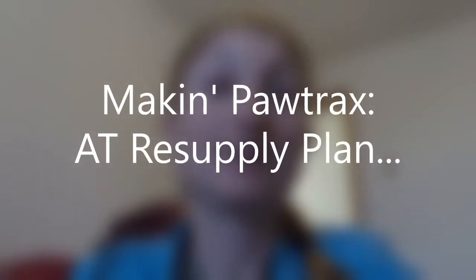Hey all. While I'm packing up my resupply packages, I did decide to do some partial resupply for this trip. I thought it might be a good idea to go over what a resupply package looks like. I'm actually doing three kinds of resupply packages. One is for full resupply, and most of my full resupply packages are 4-day resupplies. And then there's partial resupply, which is stuff that I thought wouldn't be easily available along the trail,